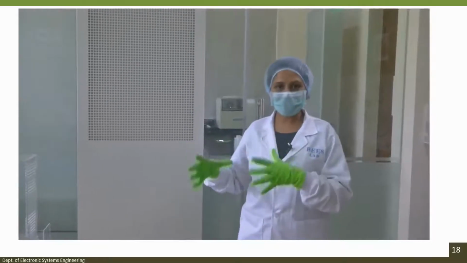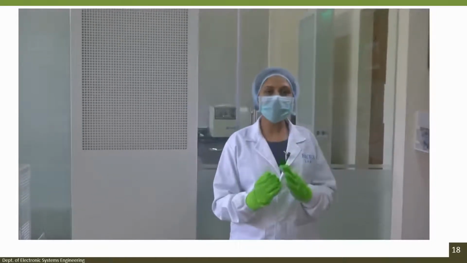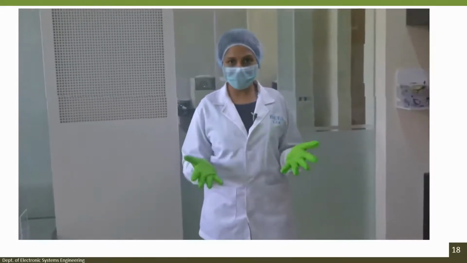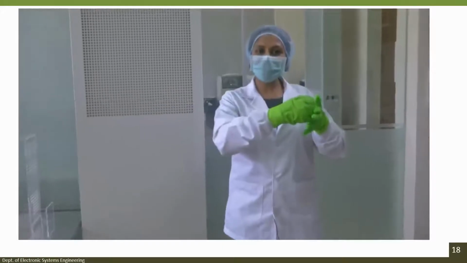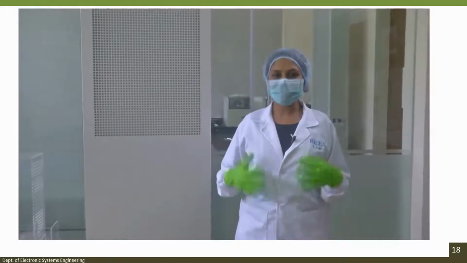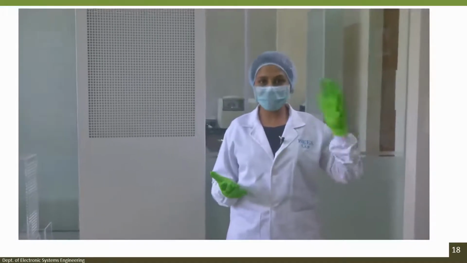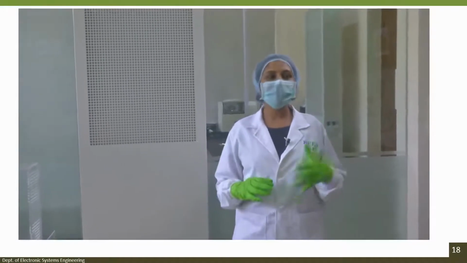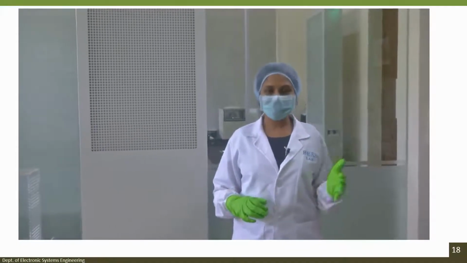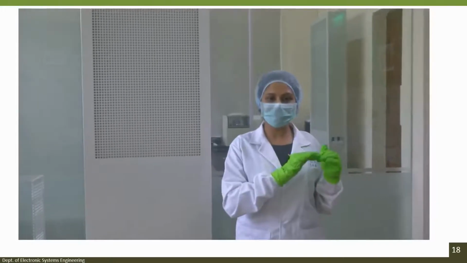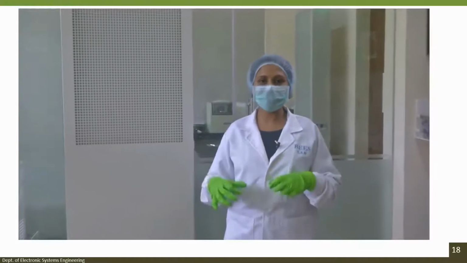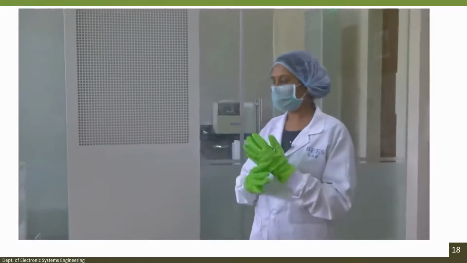So when you maintain a higher pressure, the clean air would go out, but the contaminated air or the unfiltered air which is outside would not infiltrate into this environment, and that's why we call this a controlled environment, and hence we have the HVAC system. As you can see, we had an air curtain just at the beginning at the entrance, just to reduce the particulate contaminants which could be affecting the environment inside.